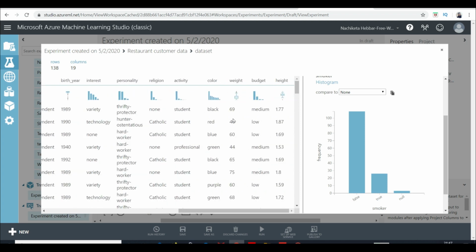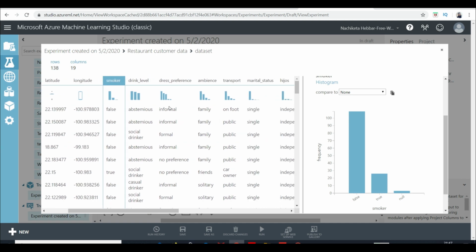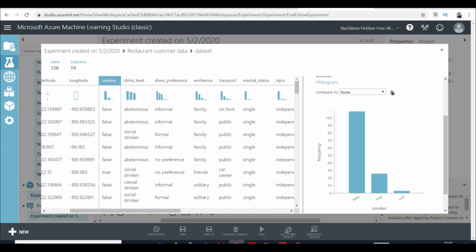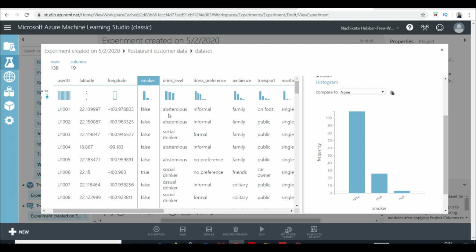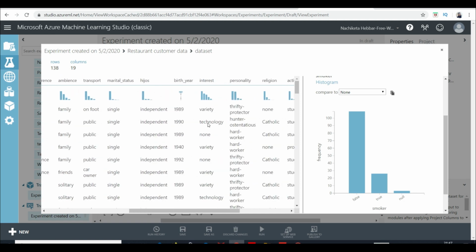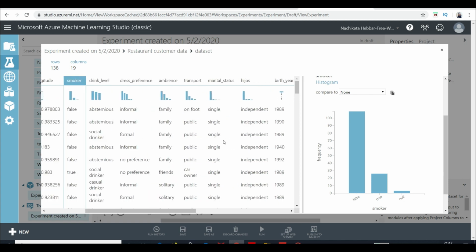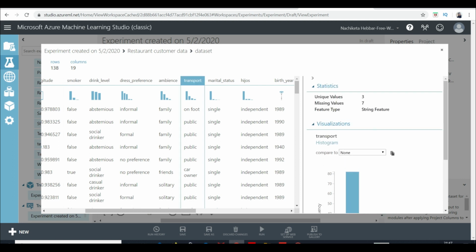So you have lots of parameters of a restaurant customer basically, right? And based on certain parameters of the customer, you want to predict something. For example, based on the fact that he's a smoker and he has certain dress preference and a certain ambience he's looking for, you will be able to probably predict the budget that he has for a restaurant, right? So this is the data set that we'll use, right? So you can easily visualize that. You can also see that we have some missing values in lots of data sets, which is going to be a problem for us. So we're going to have to deal with how to pre-process that as well.